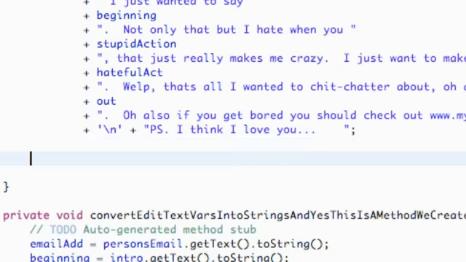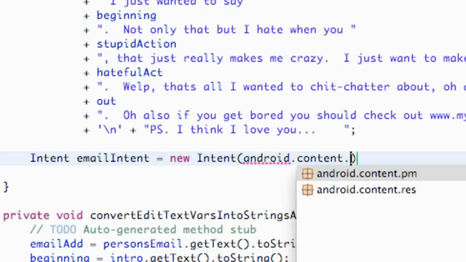And so what we're going to do first is set up an intent, just like we set up all other types of intents for the most part. And so we're going to say Intent, and we're going to call this emailIntent, something like that, and hit enter. And then again we have to import the intent and say new Intent, just like always. And this time what we're going to put in the parameters is we're going to reference something from the Android SDK, and it's going to be called android.content.Intent